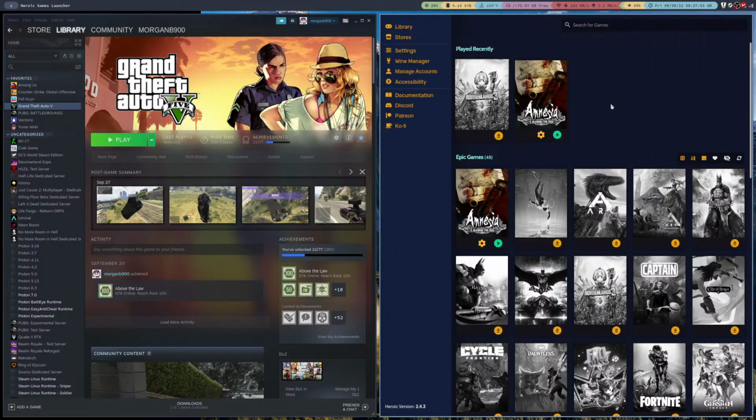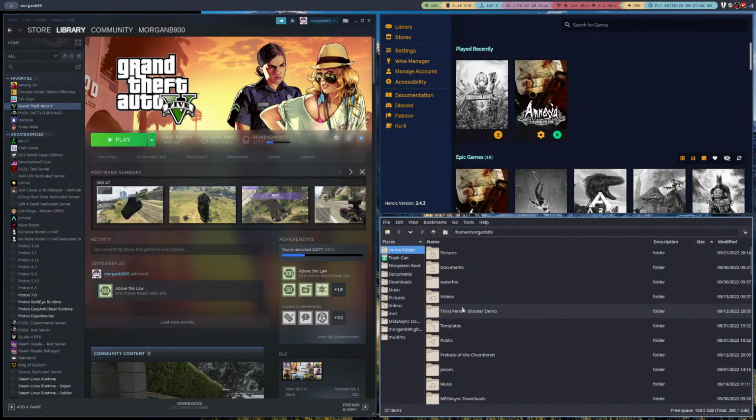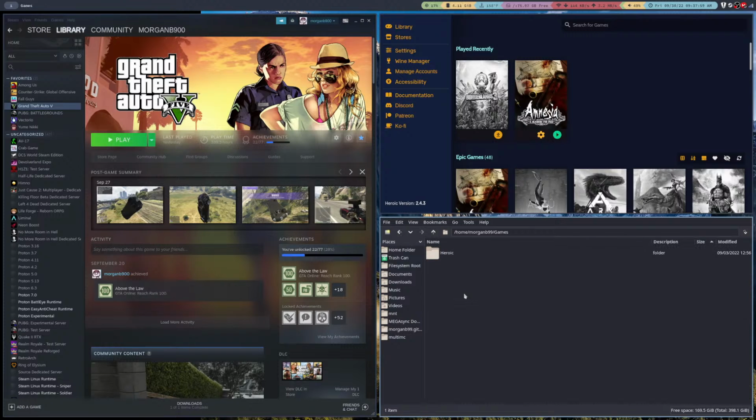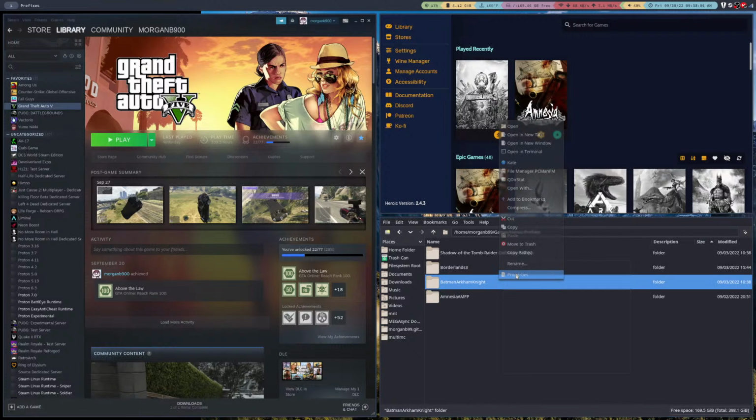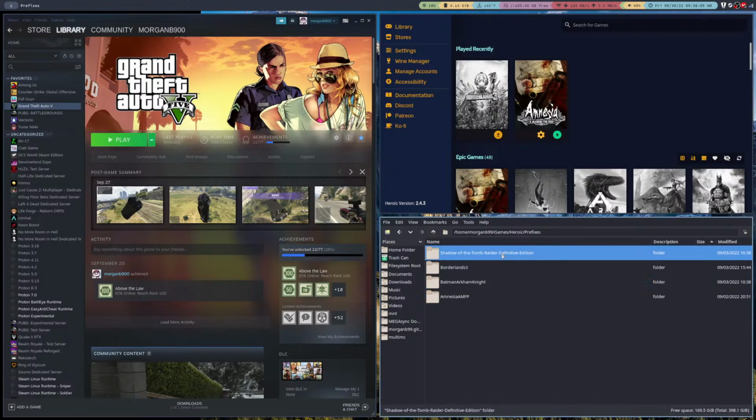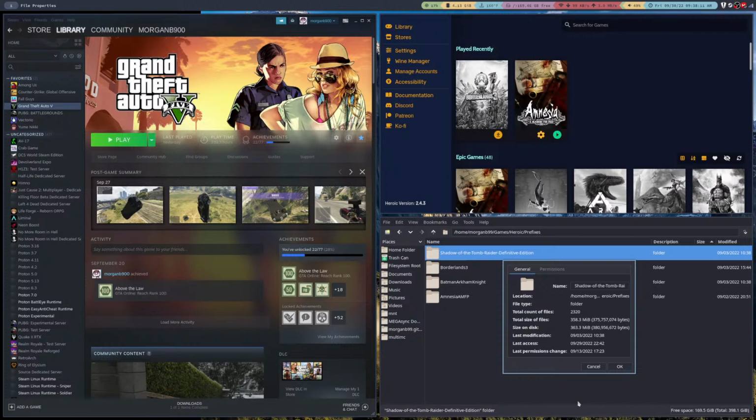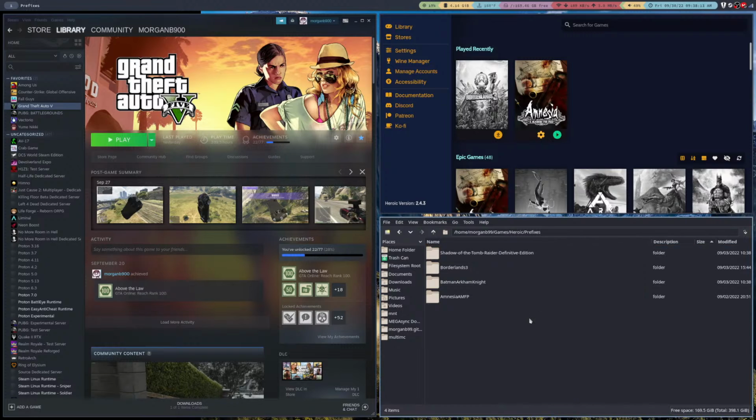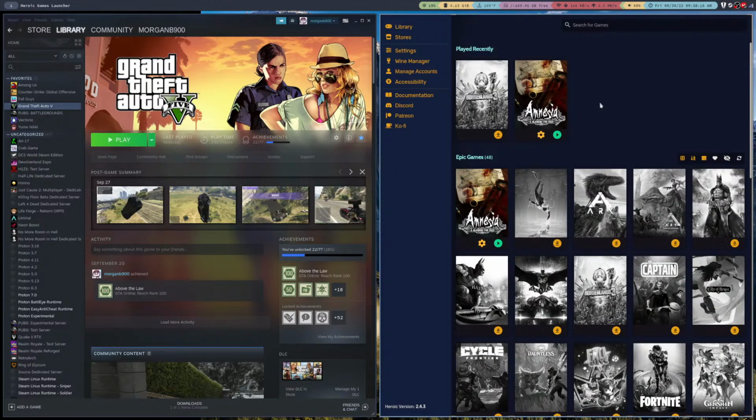Let me see here. Games, heroic, prefixes. Yes, this is still here. How much space is this? A lot. I literally just played it for like 2 minutes. This I tried to get interested in, and I couldn't. That's what kind of sucks. What kind of sucks is I wanted to play